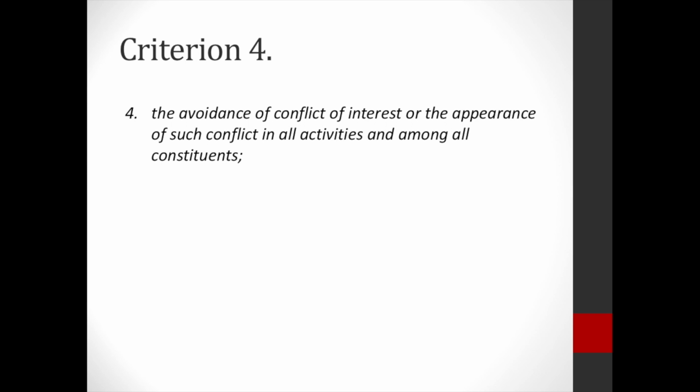In Criterion 4, institutions should provide evidence that the institution and its constituents, its staff, faculty, administration, or governing board, for example, avoid conflict of interest and the appearance of conflict of interest in all activities, including partnerships, business or real estate acquisitions, and legal cases involving the institution. Institutions will typically be providing evidence of policies and procedures on ethical conduct of employees, including employee or faculty handbooks.